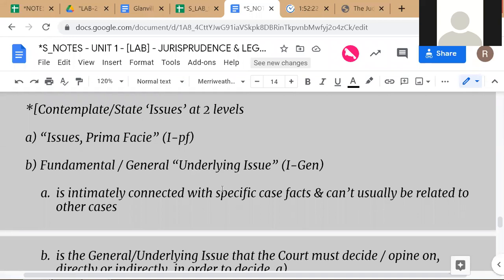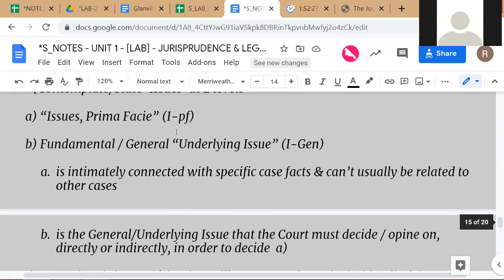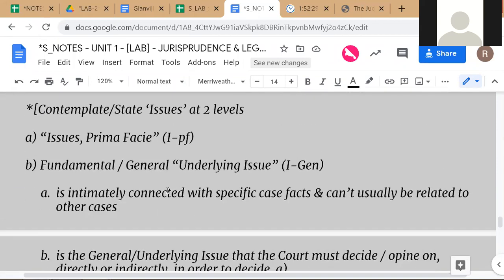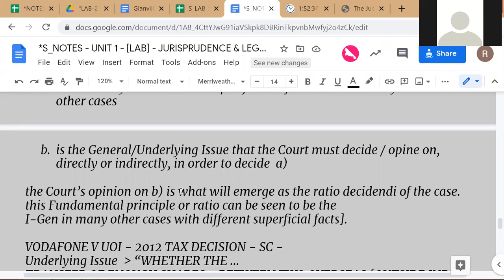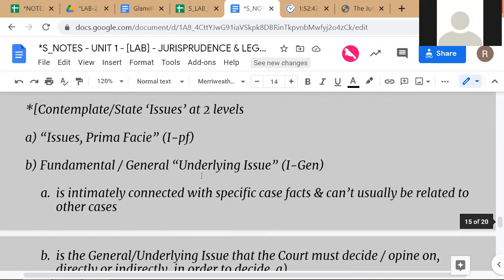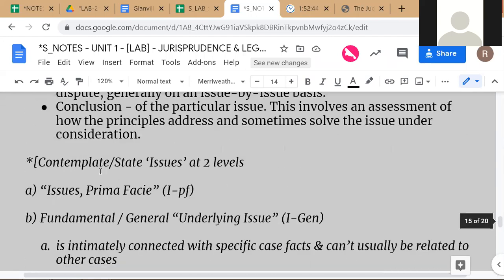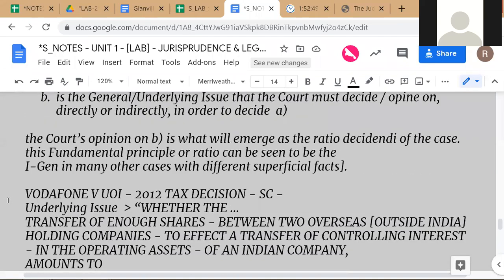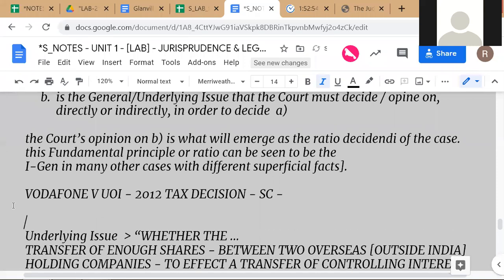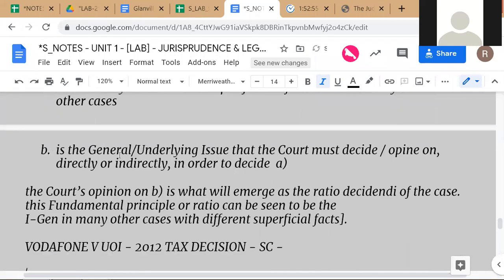Okay, so here we are talking about the underlying issue here. So first is the prima facie, issue prima facie, and then you have the underlying issue, which is the general underlying issue that is probably extracted. I'll give you an example and it'll help you to understand better what is an issue prima facie and what is the underlying issue in the case. Right? So if you take this famous case, the Vodafone, this will help you also to learn about this case. All right. So if we write down the issue prima facie in this case is,